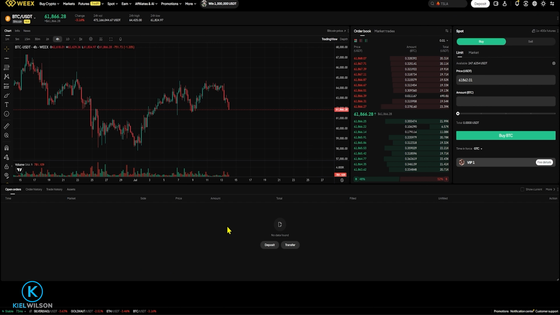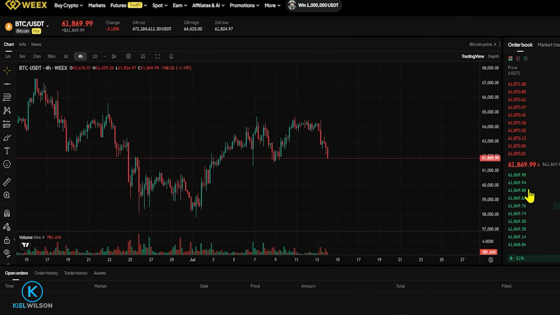All right, first I'll demonstrate a market order because these order types are nice and simple. They're going to execute immediately at the best available price off the order book, whether you're buying or selling an asset. So the first thing we want to do is make sure we choose the asset that we wish to